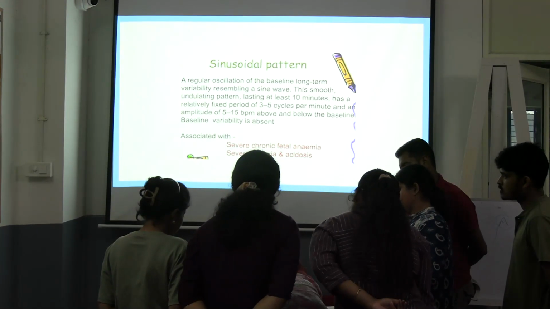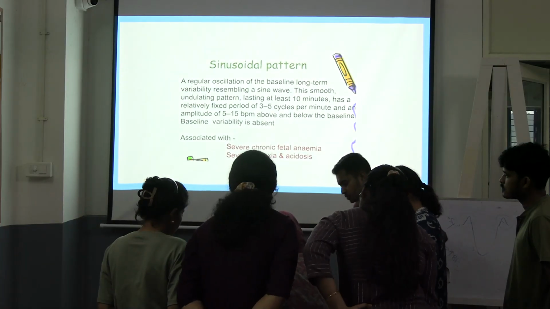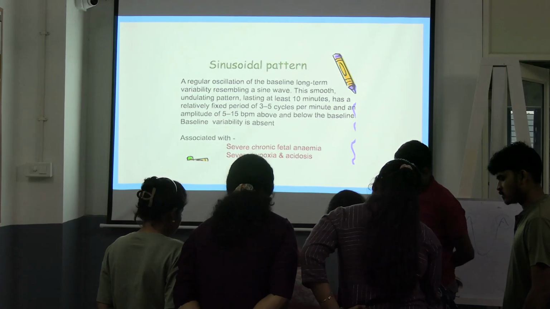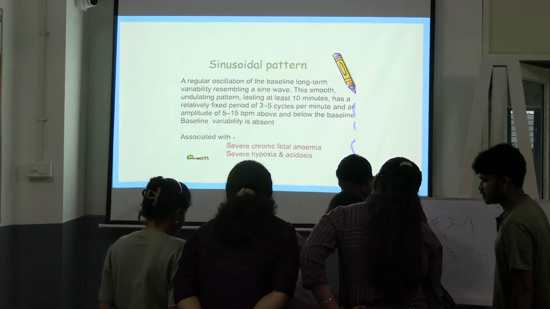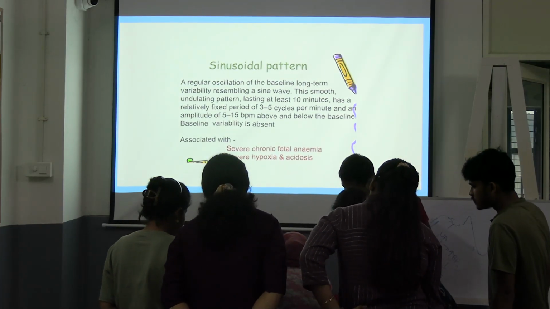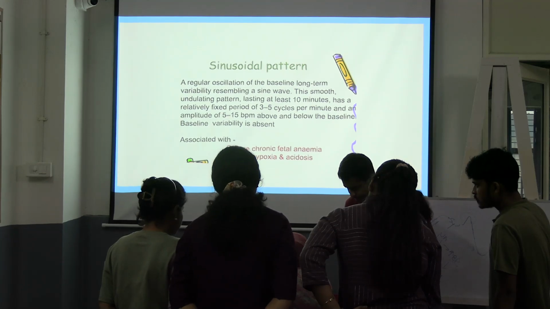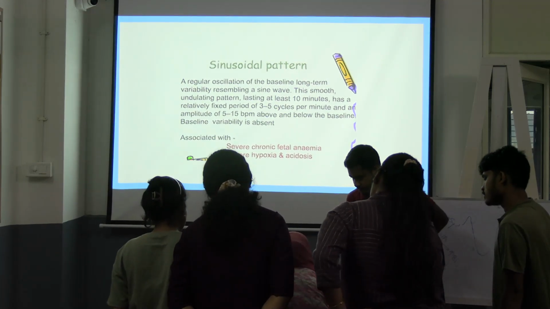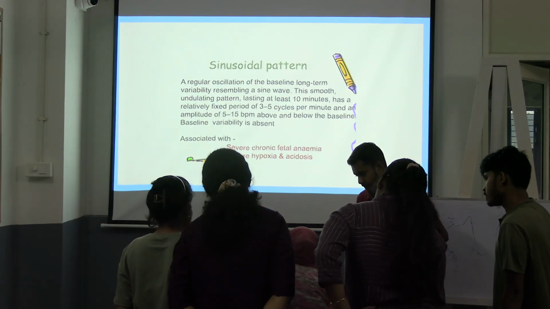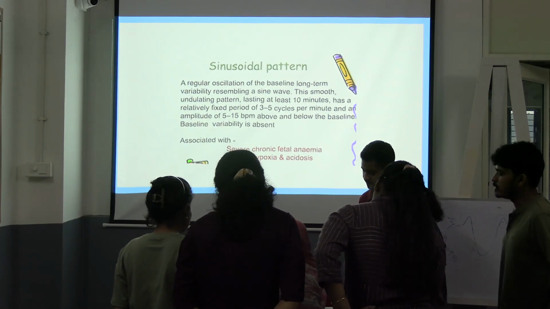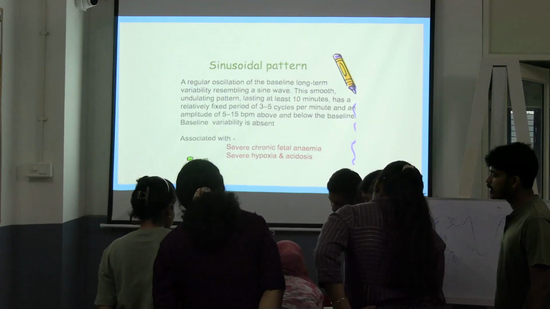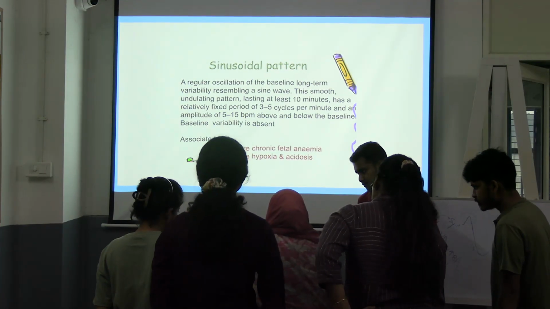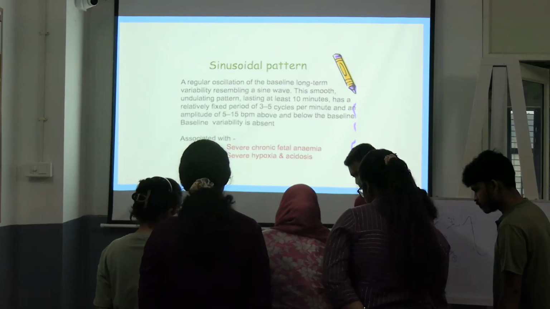Now when you are going to see this acceleration, is it lasting for more than 15 seconds and rising 15 beats per minute? Yes, obviously. This is one small square, 10 beats per minute according to this graph, and this is 20 beats per minute. So it is more than 20 beats per minute. And how much time is it lasting? One small square is 30 seconds, so it is lasting more than 15 seconds, approximately 30 seconds. So it is a good acceleration.